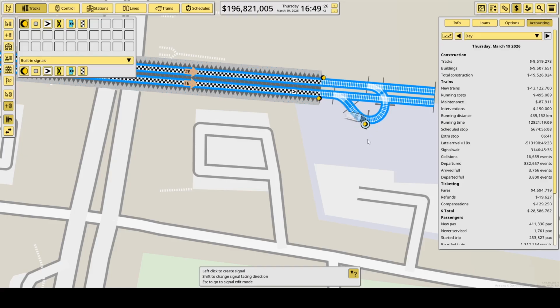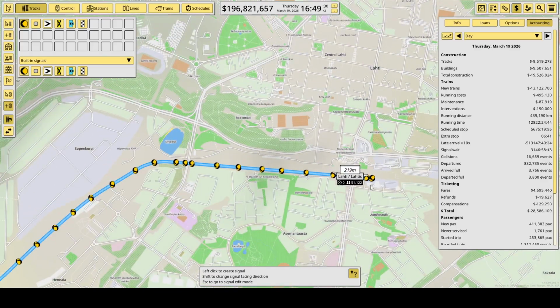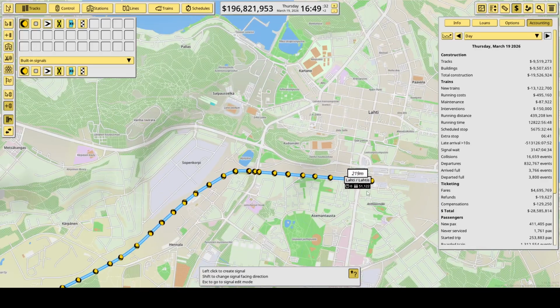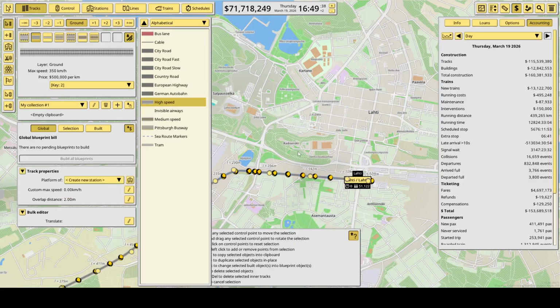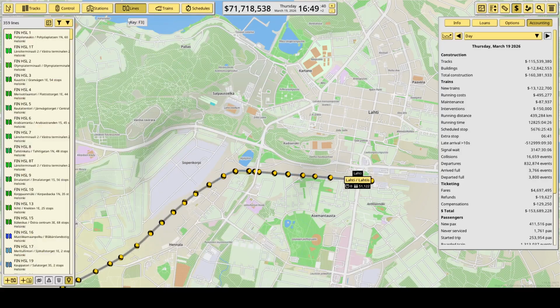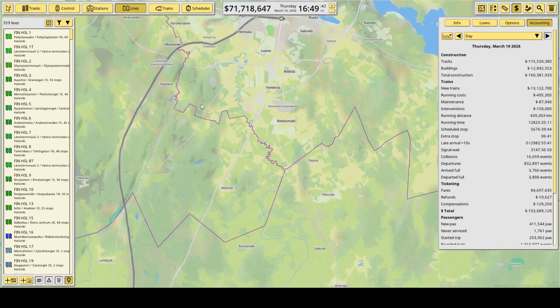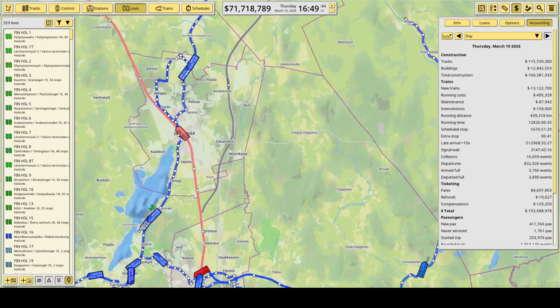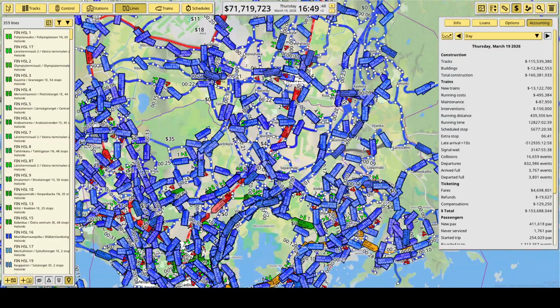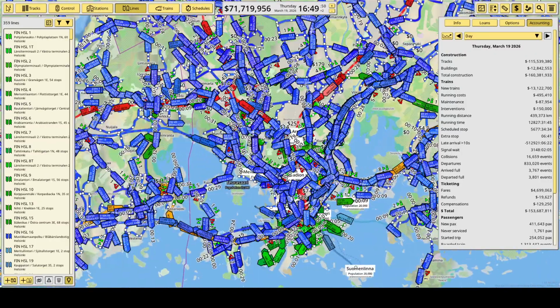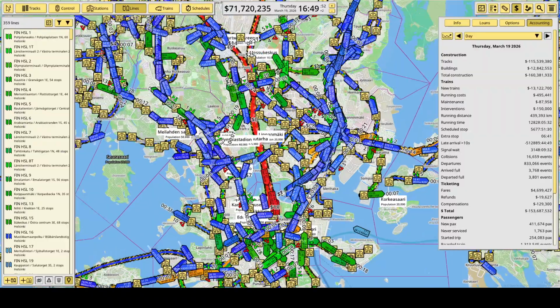We have stops there and there and there. And that's it. That is it. Let's build the blueprints. And then let's get down to the lines. Oh my god, this was the longest line I ever created so far. So let's go down to lines and create